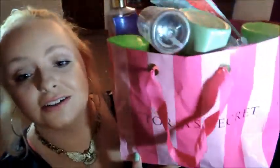So a bunch of this stuff was half empty, and I just decided to finish it. And like I said, this was over a long period of time. I'm just going to try and get through this stuff as quickly as possible. But I do have quite a lot of stuff. It fills this bag. So first of all, I wanted to show you the perfume and the body sprays that